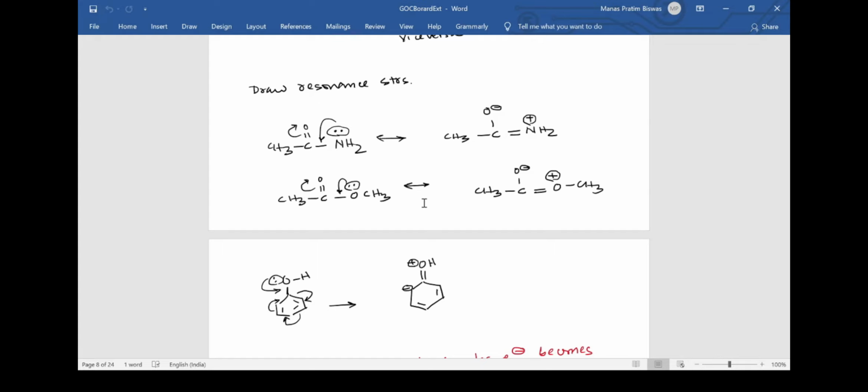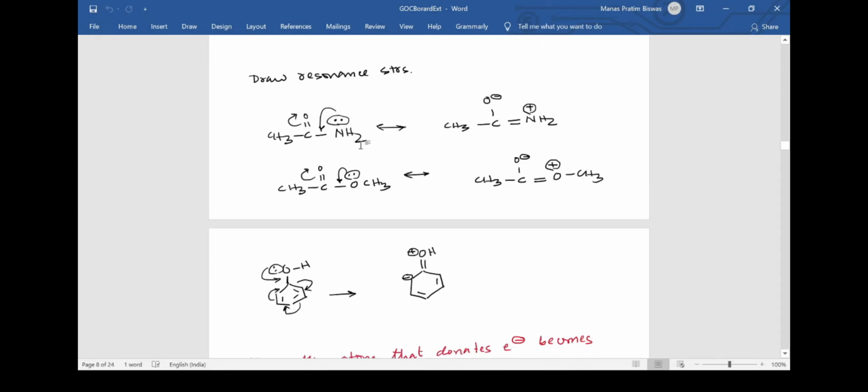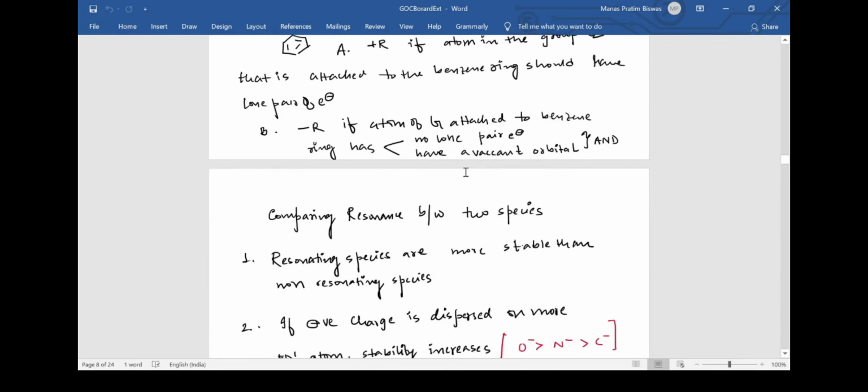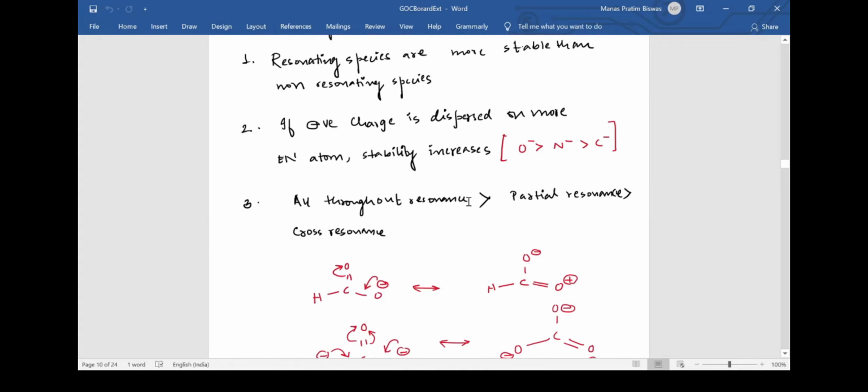In the first case, therefore, we can see that from a bad condition we are getting to a good condition. That means electron over nitrogen is less favorable than electron over oxygen, and in this resonance the electron cloud is transferring from nitrogen to oxygen, that is, to a better place. That means the resonance is getting bettered, or it is more suitable in the first case. So we can definitely say that this first resonance is a much better one than the second resonance. This is what the second point is all about.